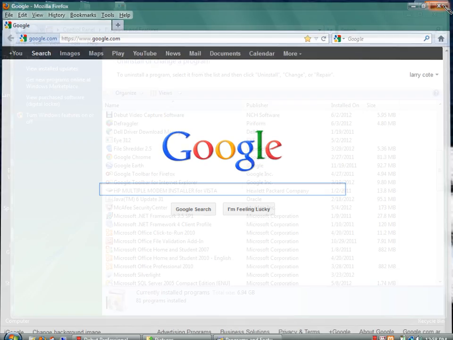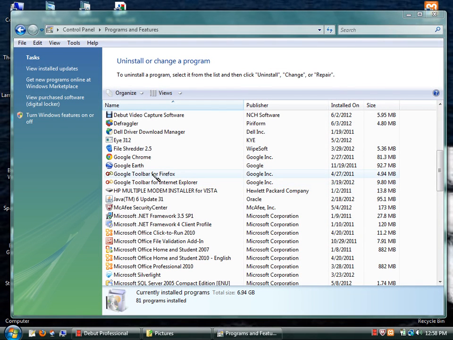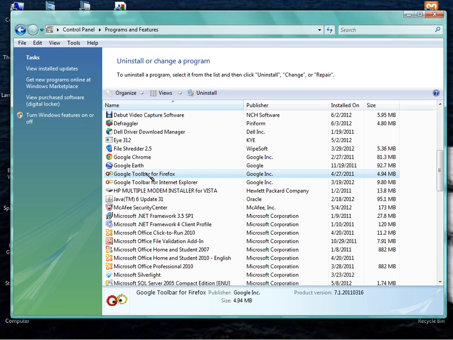What you do, like I said, is you go here: Google Toolbar for Internet Explorer, Google Toolbar for Firefox. Those are the only two. You'll see Bing toolbars. There's tons and tons of them. And if you have a whole bunch of them in here, you want to get rid of them and just keep the ones you use. To uninstall a program, you just go to that program, click on it twice, a little window is going to pop up,